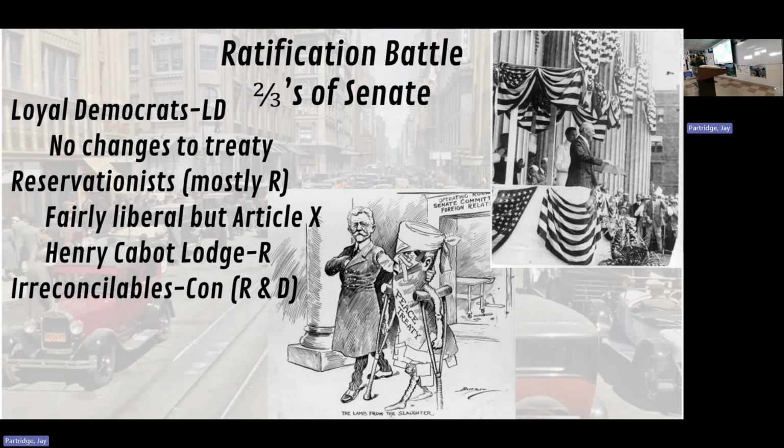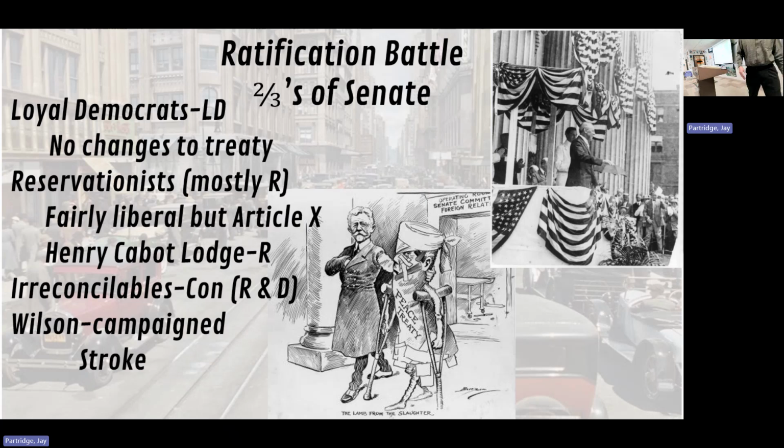And so he campaigned around the country. He went to the states where reservationists were, areas in California, to get the voting population to complain to their senator to get them to change their vote. And I should add, senators hate that. If the president comes to their state and attacks them in their state, they're wrong and the senator must change. Senators get very parochial, insular. How dare you say that in my state? And so that actually entrenched them more. It showed Wilson's lack of political knowledge. He didn't understand the way senators really feel like they're kind of like little fiefdoms in their state.